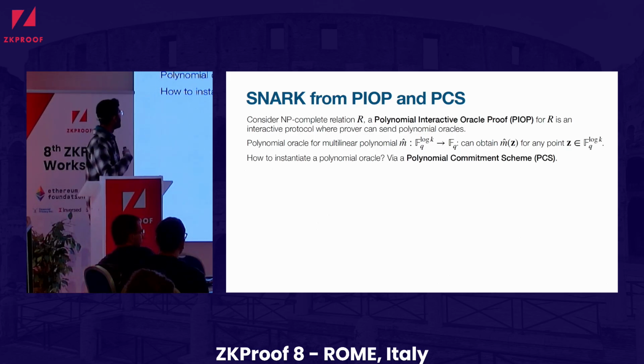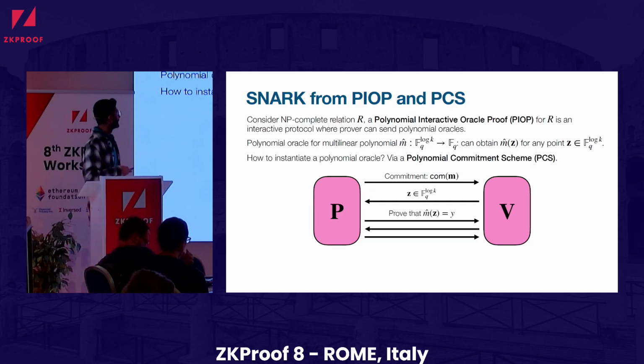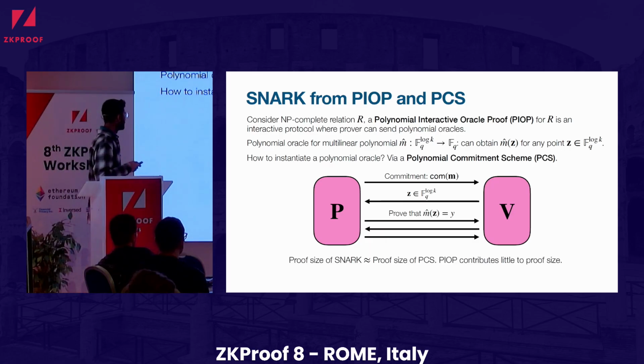Great. And how do we instantiate these polynomial oracles? We do that via polynomial commitment schemes. So you have a prover and a verifier. The prover first commits to the multilinear polynomial M. Then the verifier sends back this evaluation point. And then they engage in an interaction where the prover proves to the verifier that the polynomial does evaluate to Y on Z. And the proof size of a SNARK is approximately equal to the proof size of the PCS,